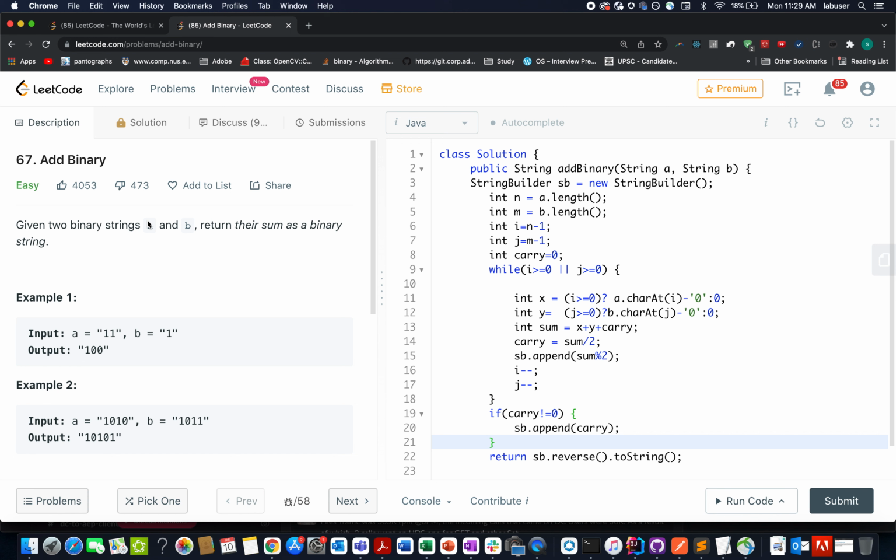And today's question is the easiest question of all the questions. It is add binary. I hope all of you are able to solve this question by yourself. However, for those who are new, this presentation is for you guys. In this question, we are given two input strings in binary format, string A and string B. We need to add those strings together. So without much ado, let's quickly walk through the presentation that I have created for this, and let's get started